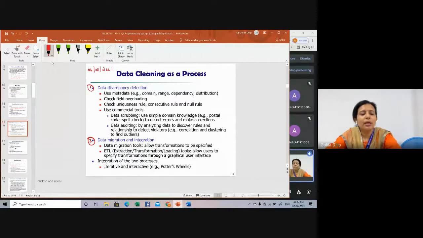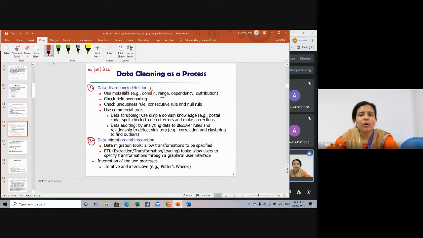You can make use of any knowledge you already have regarding the properties of the data. For example, you would have heard about metadata, data about data. You can start with that by looking into aspects like domain. What is the domain of each attribute? What is the range of values accepted or permitted for a particular attribute? For example, if it is age, let's assume it should be between 0 and 100.